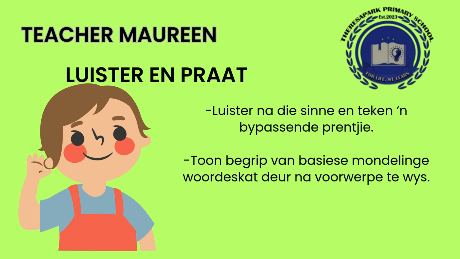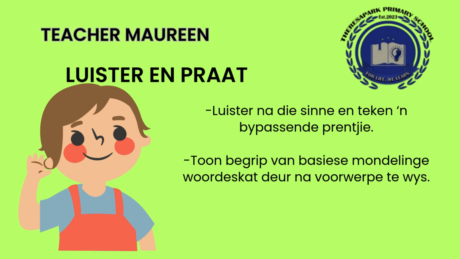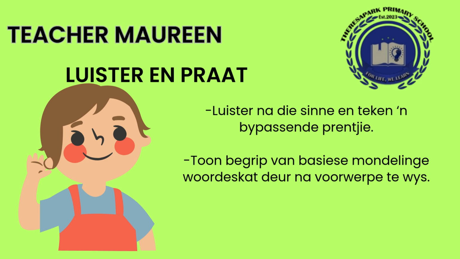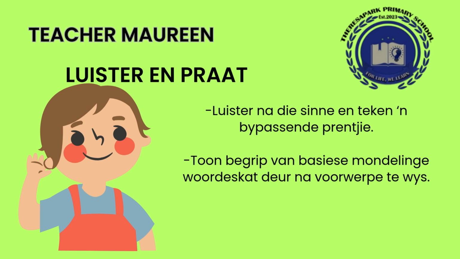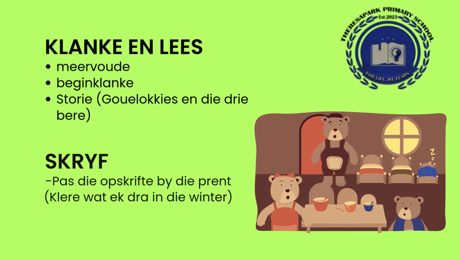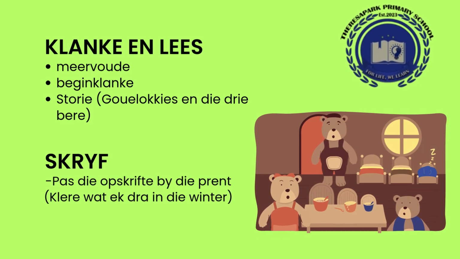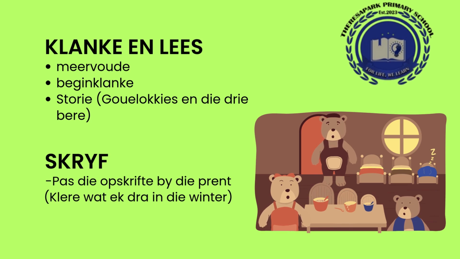So they will be shown pictures and they have to say what the picture is or say the correct name of the picture. Under the phonics or klanke learning area, we will also have two activities. The first activity is based on meervoud, which translates to plurals. Learners will be expected to show their understanding of plurals by listening to the word and circling the correct picture. The second activity will be based on beginning sound or begin, and the learners will write the beginning sound of